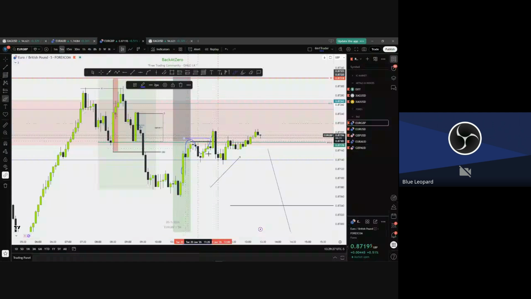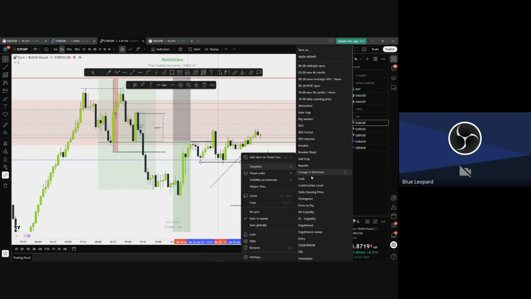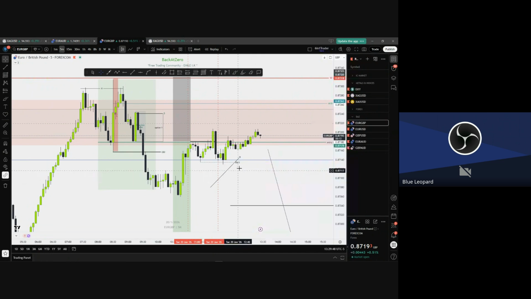We took out all the sellers that put their stop losses here and used some buyers on a lower time frame. And now people are starting to buy and put their stop losses here. That's why you have equal lows here. You have equal lows here. This is an equal low on M5, and this equal low must be taken out. What does that mean? Price will come down.